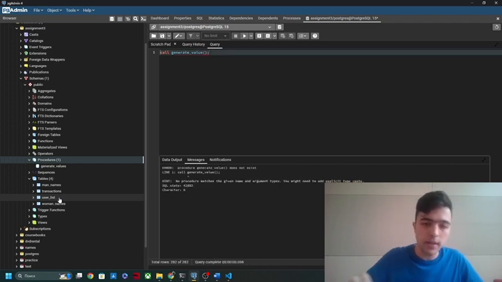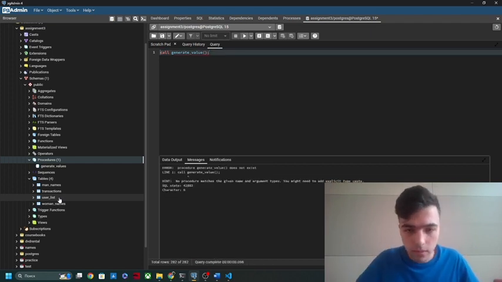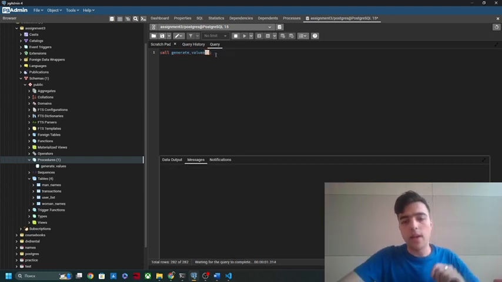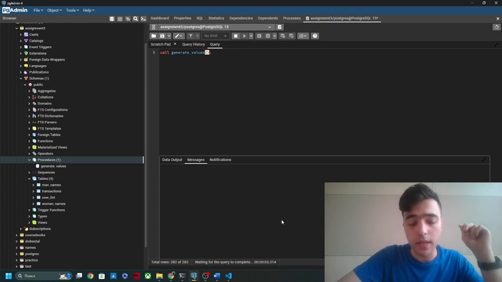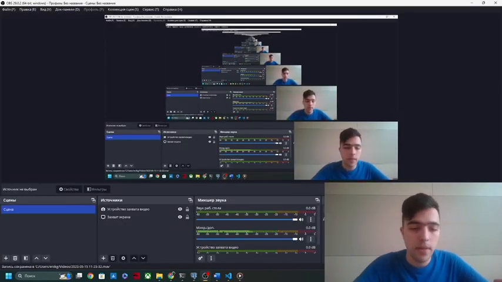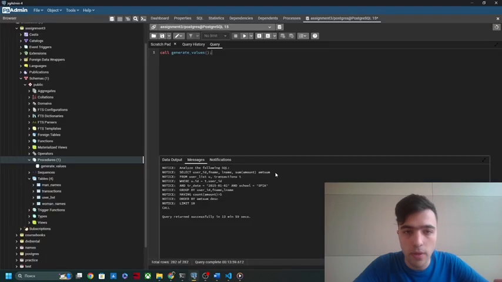So let's run it. It's generate values. Let's try again. So yeah, it has started to run successfully. It will take quite a while, so not to lose our time, I'll be right back once the process of execution is done. So here I am, alongside with our procedure having executed successfully and returned this query for us